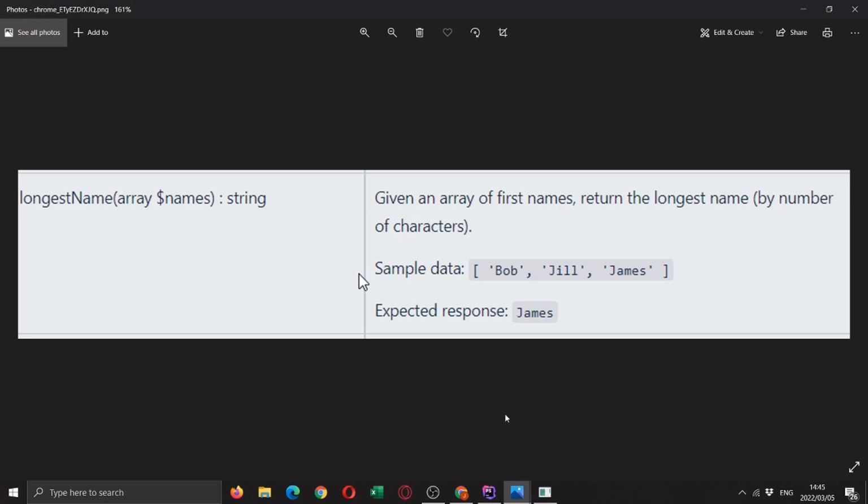So looking at today's specific question, we're meant to create a new function, longestName, which takes an array of names and returns a string. It says, given an array of first names, return the longest name by number of characters. Sample data: Bob, Jill, James, and the expected response is James. Okay, awesome.